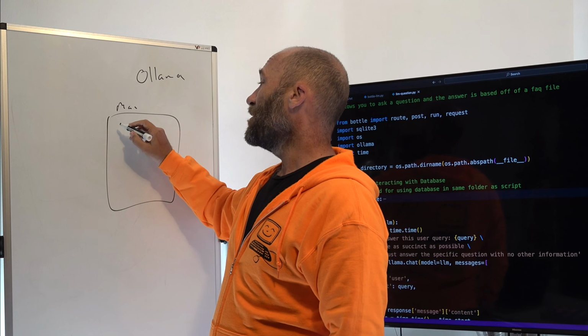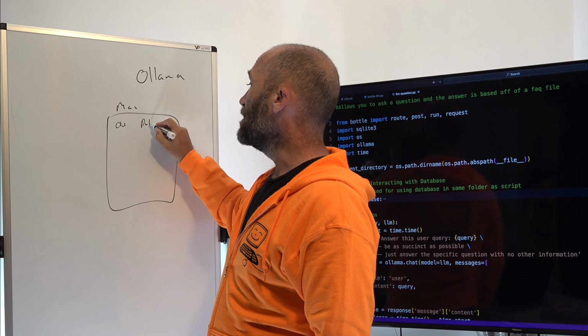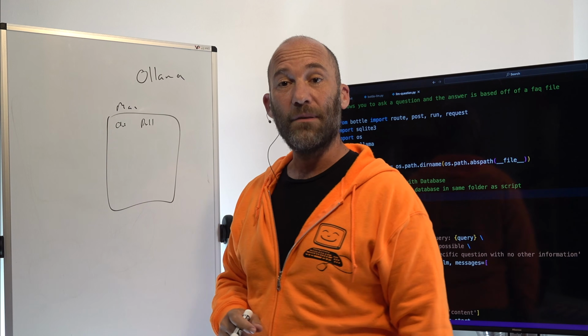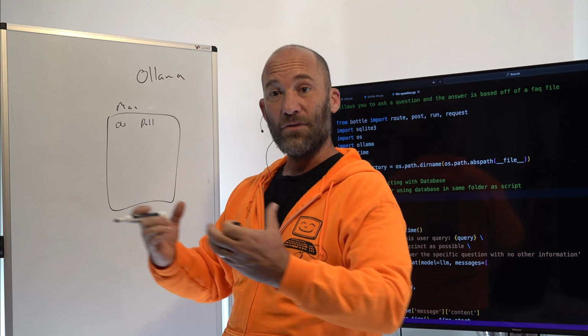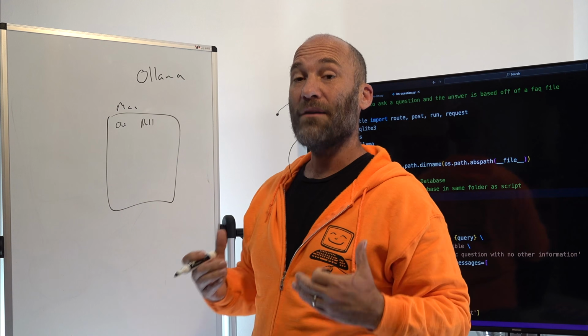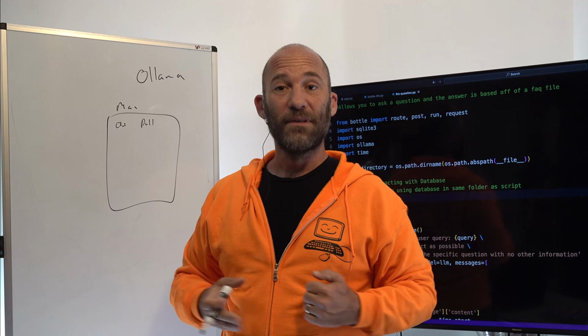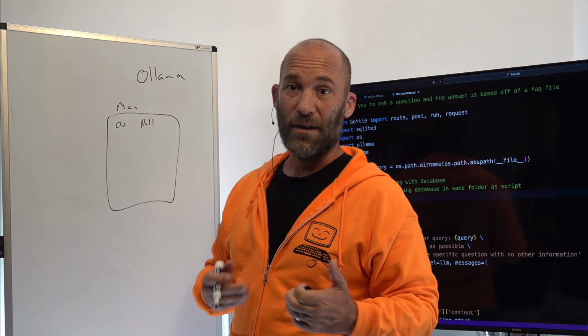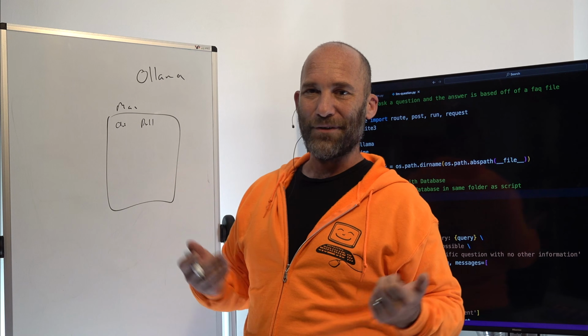From there, you're going to need to go to the command line, and you're going to need what's called the pull command. The pull command is what will pull down the different models for you. Not all the models are loaded by default because they actually do get pretty big. So you will decide specifically which models you want on your machine. When you're running this, make sure you pull the models down first or it will